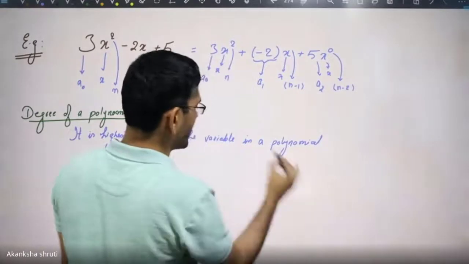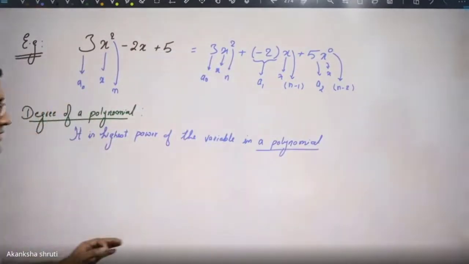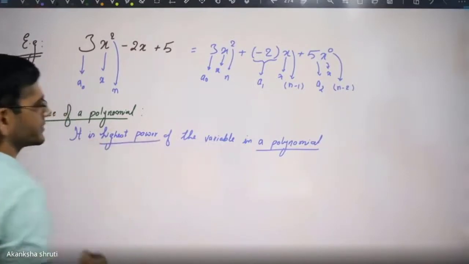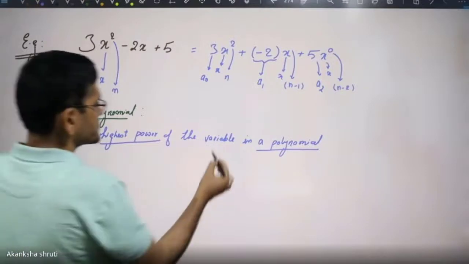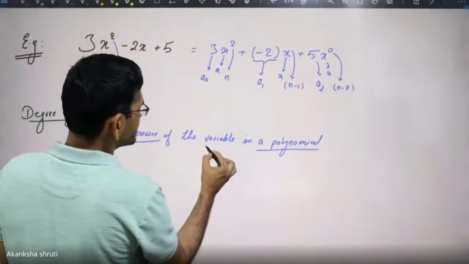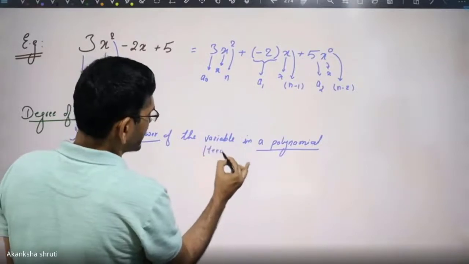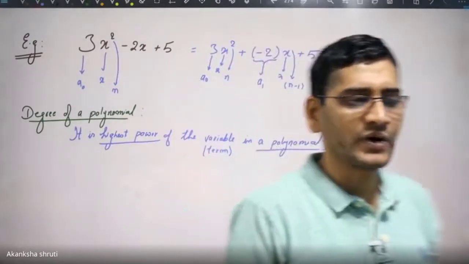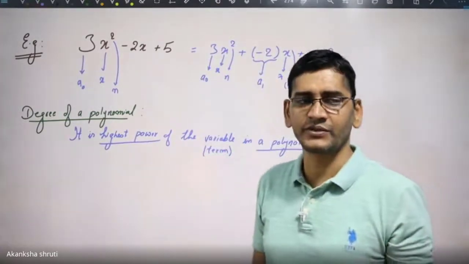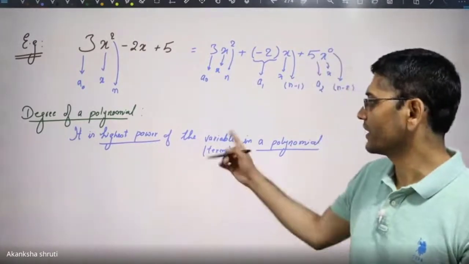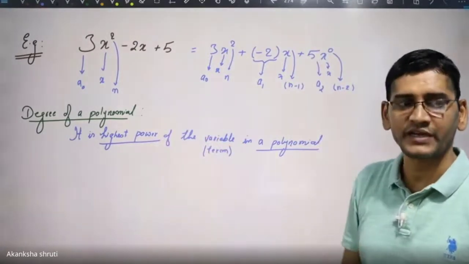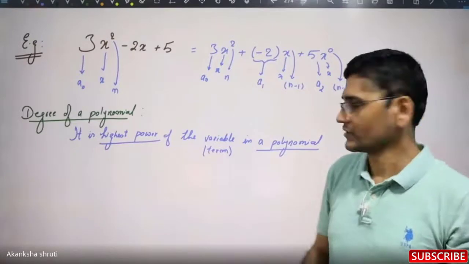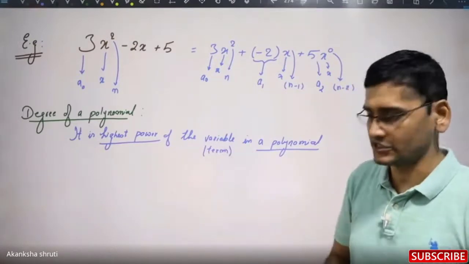Means what, students? For a polynomial, first you have to determine that it is a polynomial. After determining that, you just say which term has the highest power. It may be possible, because in higher standards you will learn that even a single term may have more than one variable. Then you need to add the degrees of each variable to get the degree of that term, and that term defines the degree of that polynomial. But at your level you only have to learn about the one variable x, so no need to worry. This definition is equally valid.